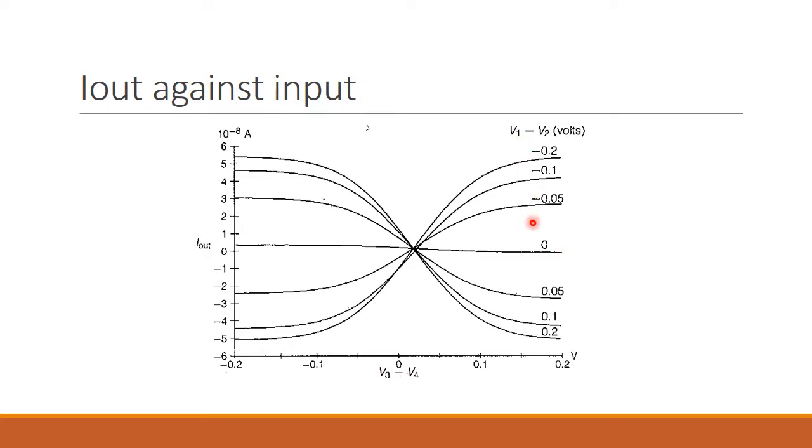The tanh behavior for all the differential inputs is pretty much evident in these curves. For input voltages both less than kT by q kappa, tanh x is approximately equal to x, and it indeed behaves like a multiplier. It has the additional advantage that the output current will saturate only if one of the inputs gets stuck at some random unseemly voltage.